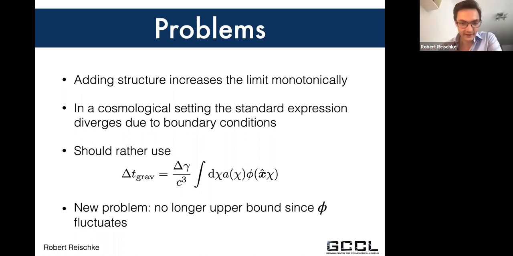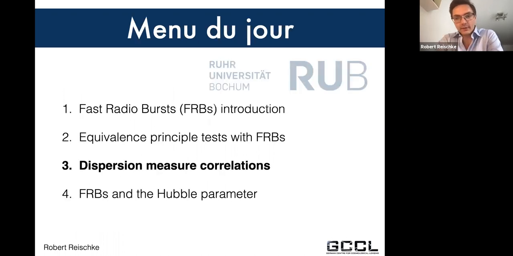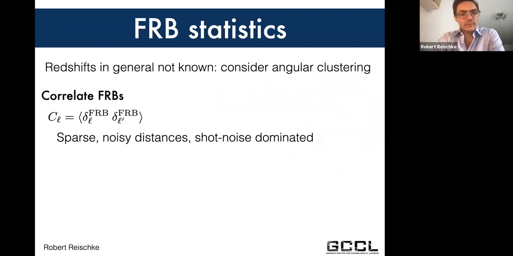Okay, so we've settled that you can't use individual FRBs. So what to do instead? This brings me to the next point, which is dispersion measure correlations. And how does that work? It works very similar to what one usually does in cosmology, that you look at statistical properties of certain tracers of the large-scale structure. As I said before, the redshifts are in general not known precisely, so we consider angular clustering. What we basically do is we correlate the